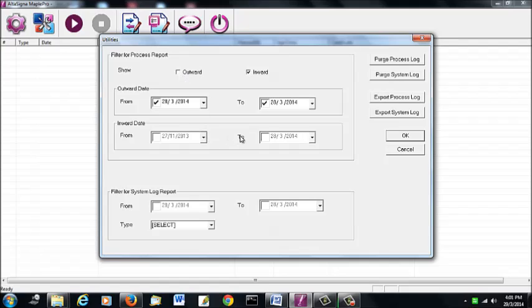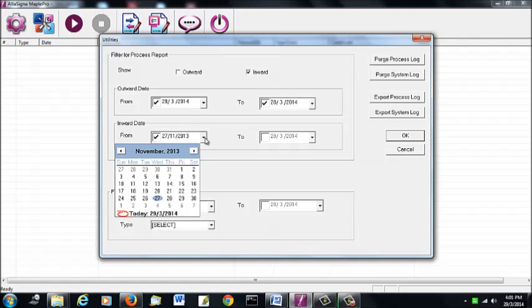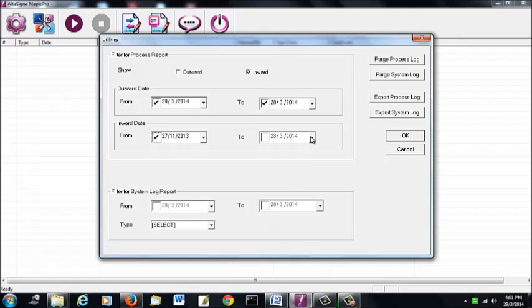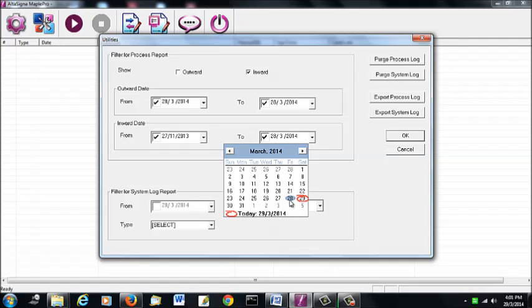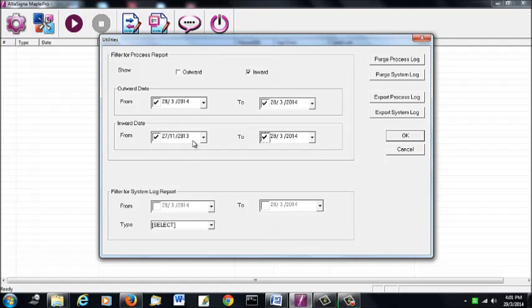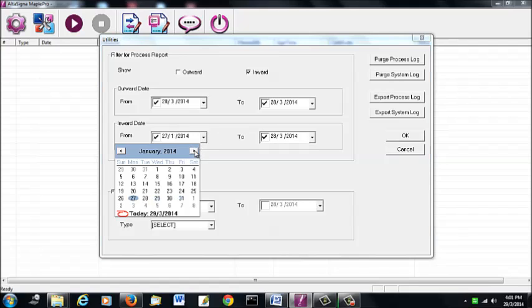to dates. For example, if you want to view the documents downloaded between November 27, 2013 to March 28, 2014, then select November 27, 2013 for the from date and 28 March 2014 for the to date. If you want to view the reports of a particular date, then select the same date for both from and to dates. For example, if you want to view the reports of March 28, 2014, then select March 28 for